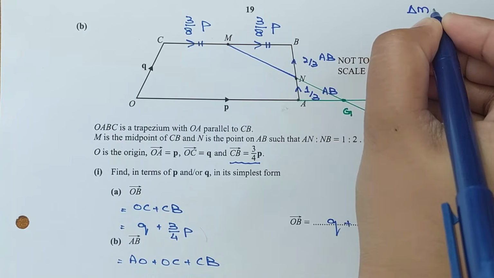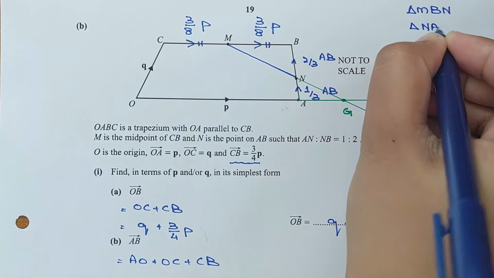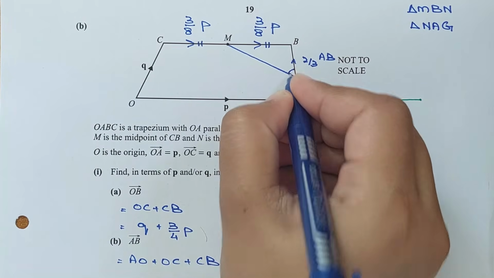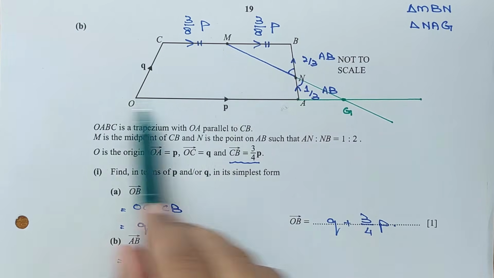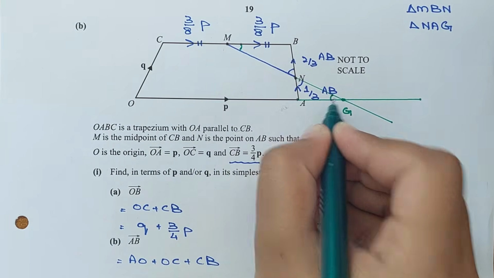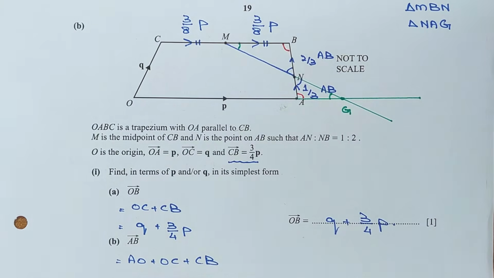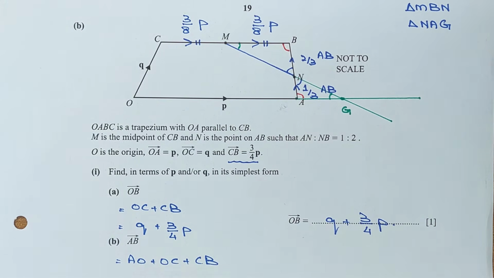Triangle MBN and triangle NAG. These are two similar triangles. This angle is the same. These are two vertically opposite angles, right? And these are the two parallel lines connected by one line. So angle M and angle G are the same, and the third, angle A and angle B, are the same. All three angles are the same. So these are similar triangles, and the ratio of the corresponding sides of similar triangles are equal, right? So we have to solve for